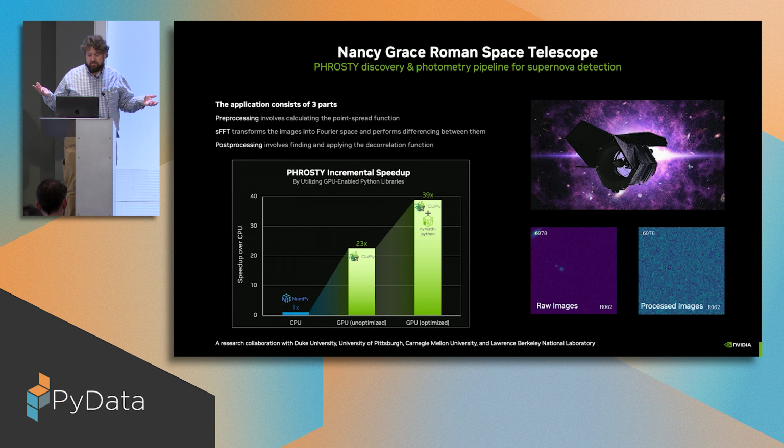Now, if we go back to our use case, we're trying to detect supernovae, and you can see here we have tens of thousands of images that have to be denoised and matched and cross-examined. And so the way the team did this is they do pre-processing type calculations, they do an FFT, and they post-process it out. So they went from a CPU to a GPU, and they got that nice 23x kind of performance, something that you clean up your code, you vectorize it, you get it to a GPU,